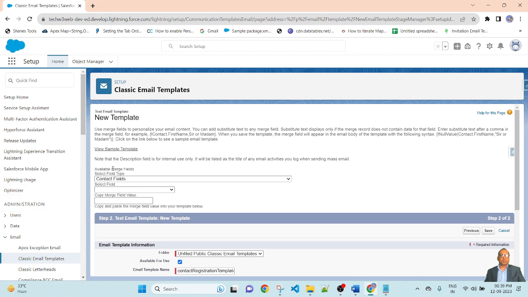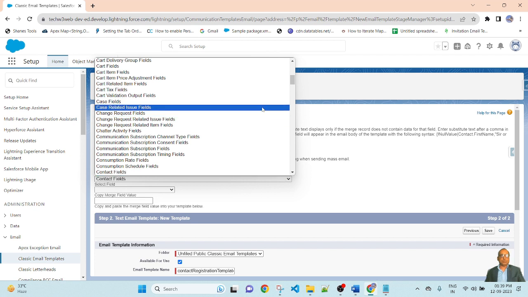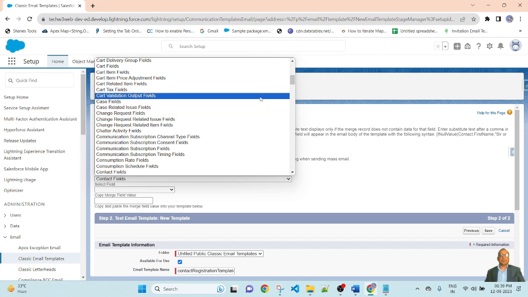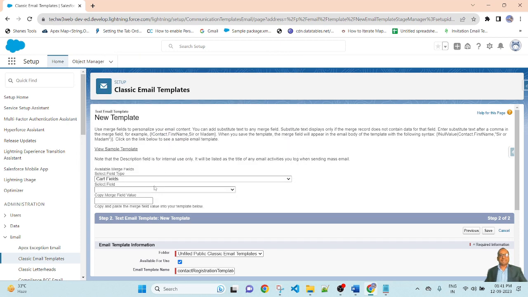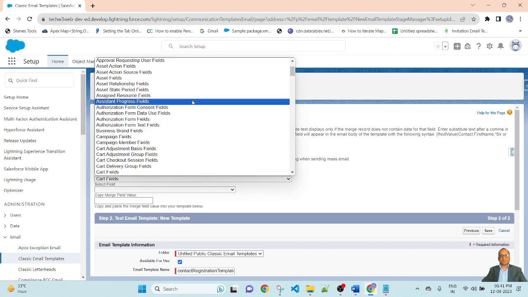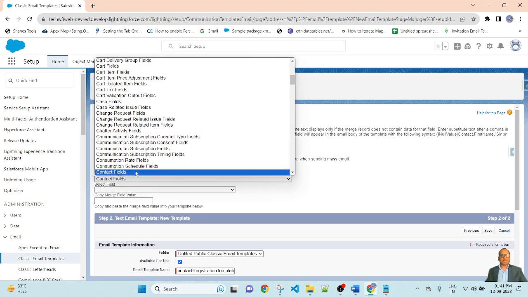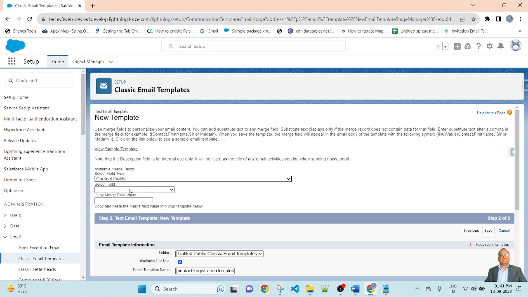So this is a contact field and this is a selected field. So first select your field name. So here I am putting the name of the contact. Select here the contact field, and here select your first name.